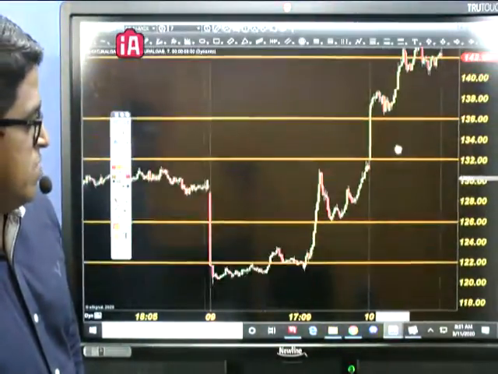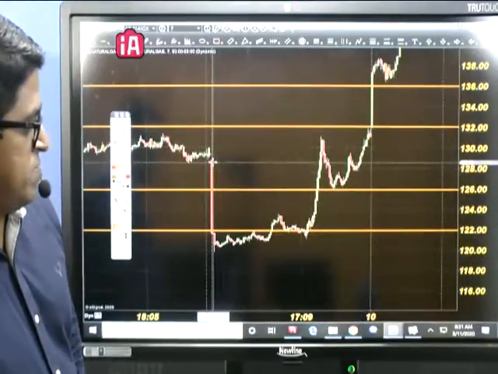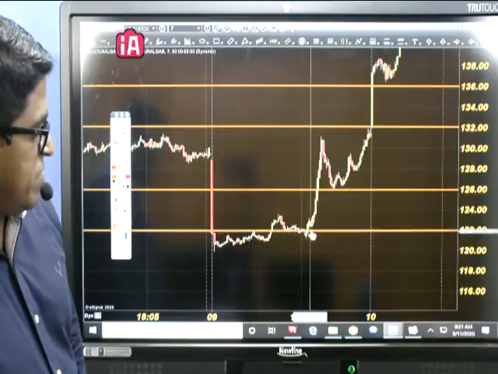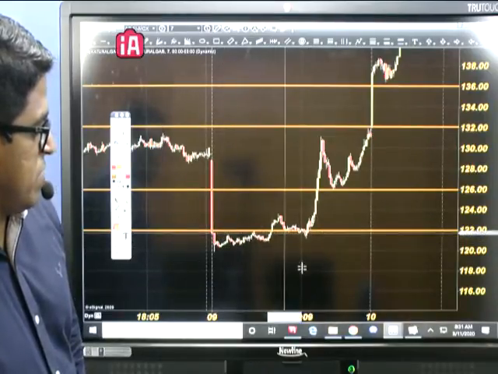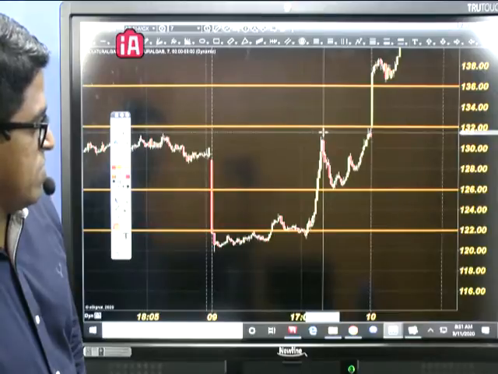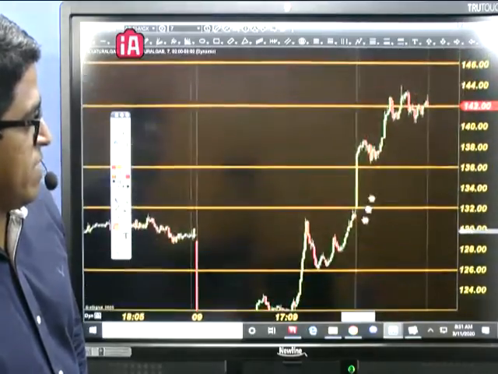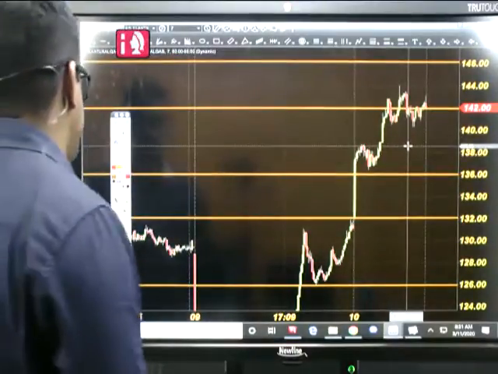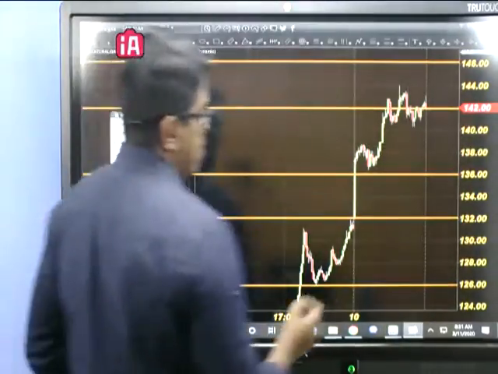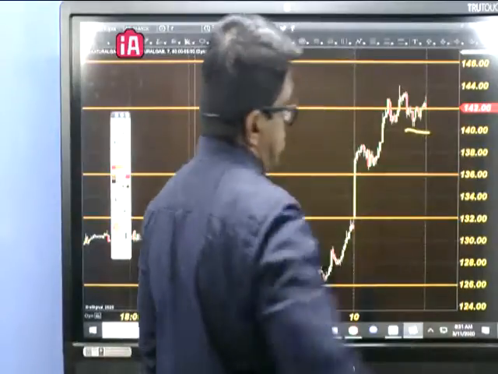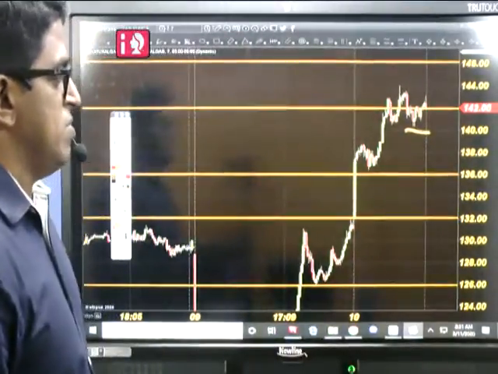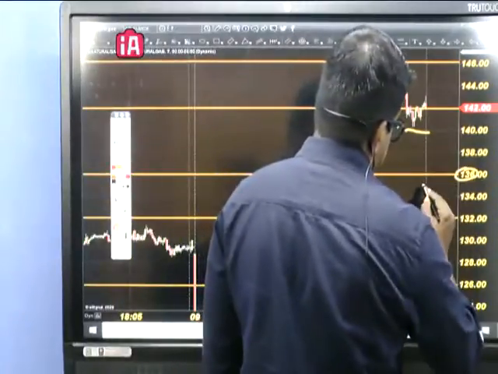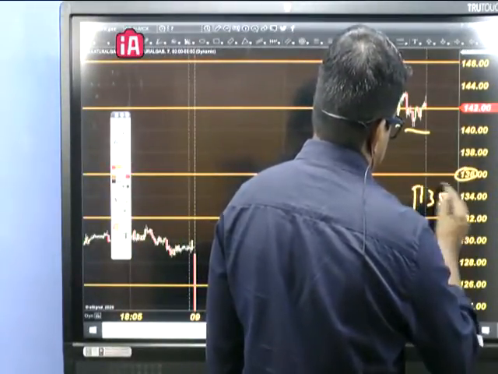See, natural gas, we expected a drop, and it had a drop. After the drop it consolidated, and we could notice that on the same day, on the 9th, it showed a reversal, and again it had some buying and closed near 144, and maybe today it can open somewhere near 140. That's what the NYMEX chart says, 140. So for natural gas it's simple: buy till 136, place the stop at 135, expecting the price to move up.